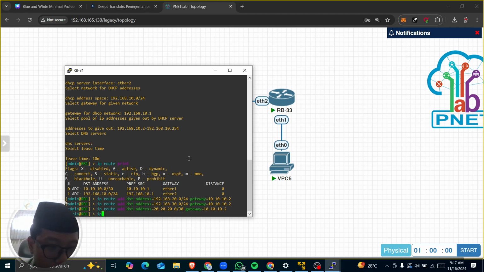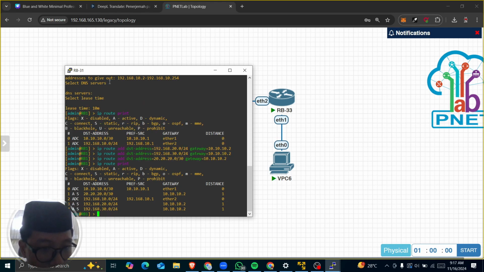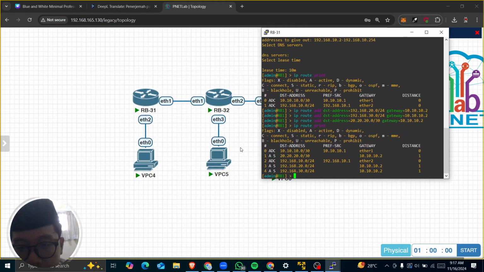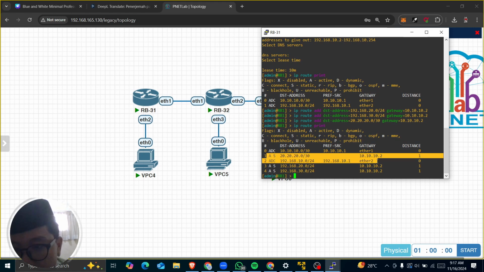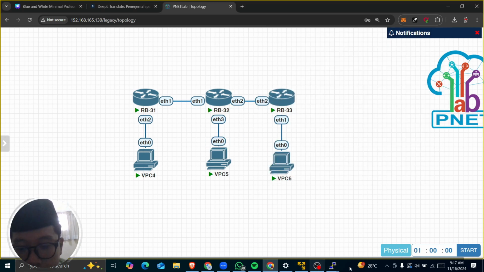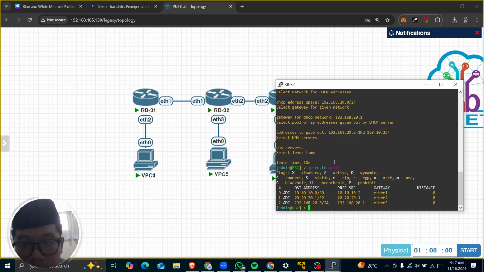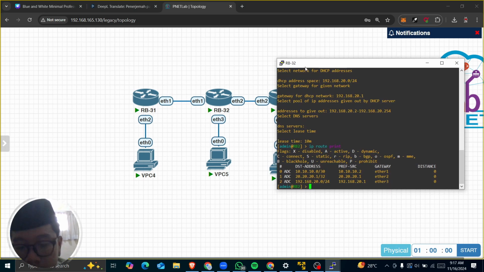Okay, IP route print. So we have this active static connection, and now we're gonna configure in the router board 2.